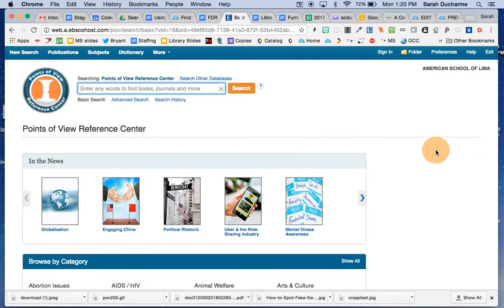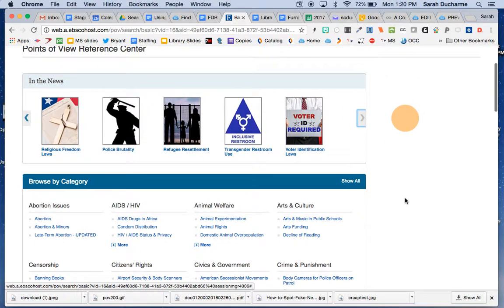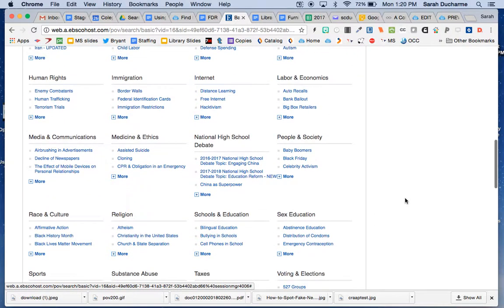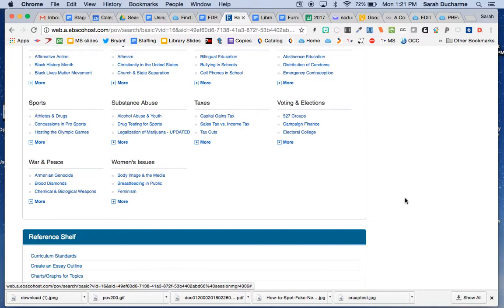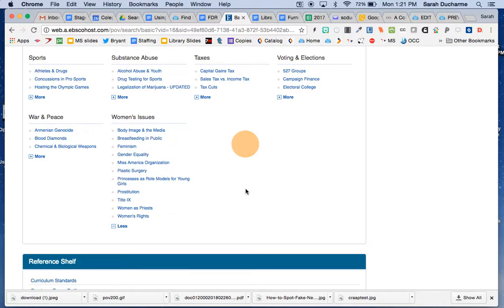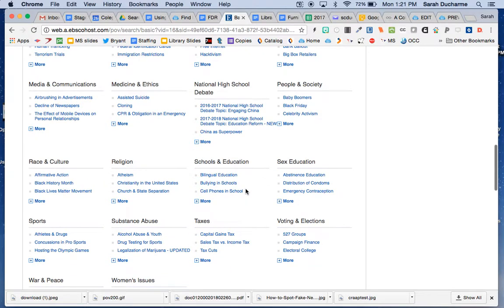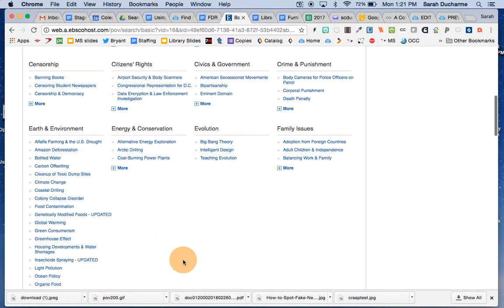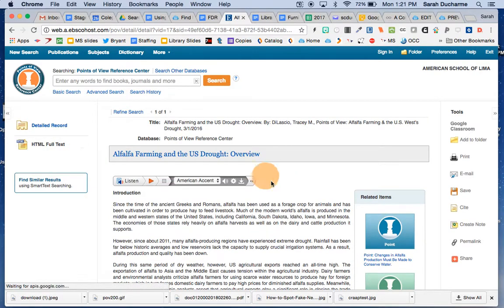Okay, so here we are on the browsing page, and here are the current events that are always changing. And then you have this browse by category. And you'll see many categories here, and if there are a lot, then you'll find that it says more and it will give you the full list. Each of these categories, let's see, I'll go to Earth and Environment. Each of the categories is going to open with some general information. So I'm going to go to this one about alfalfa farming, and it will open to a general